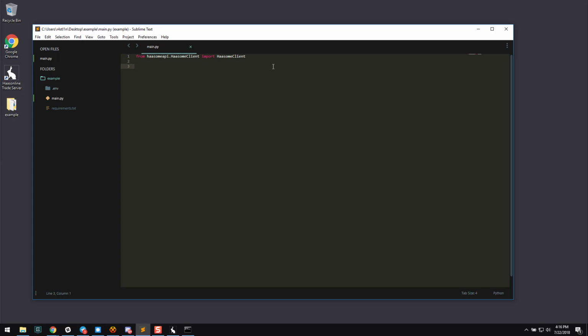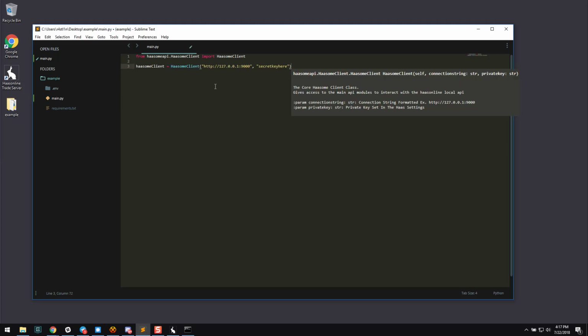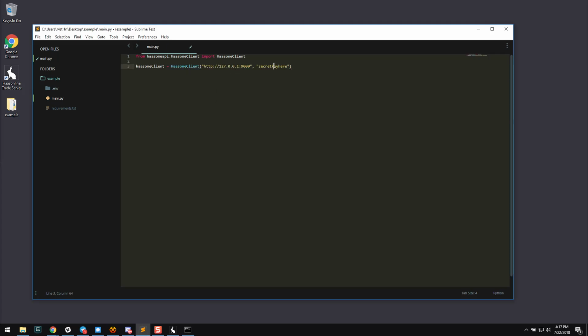So from here, once we've imported the correct HaasOnline client, what we're going to want to do is test or create the initial connection. What that looks like is pretty straightforward. We just go ahead, copy this over, and we know our secret's here. So all this is saying is our REST endpoints live at our local API, on 127.0.0.1 on port 9000. And then what we want to do is go ahead and test the credentials. So we'll do test_creds_result equals